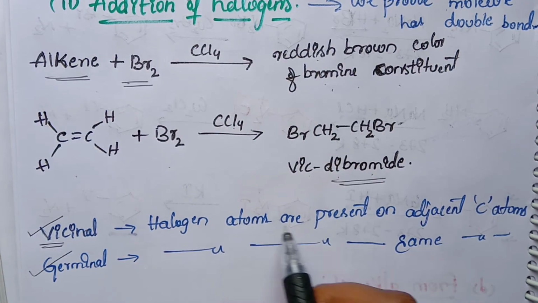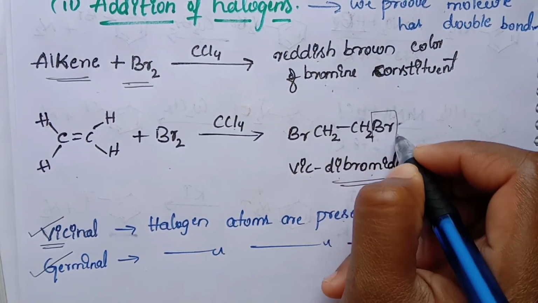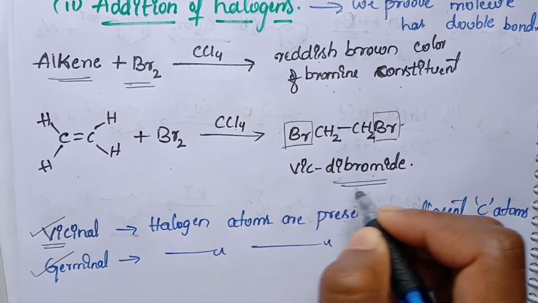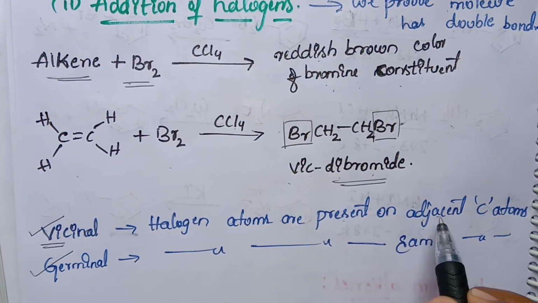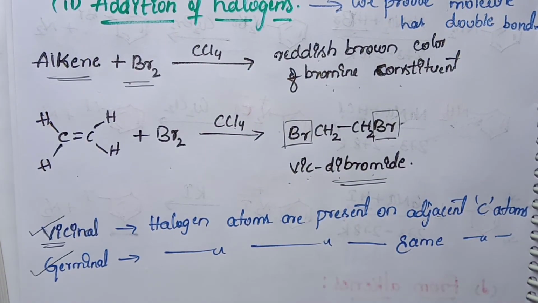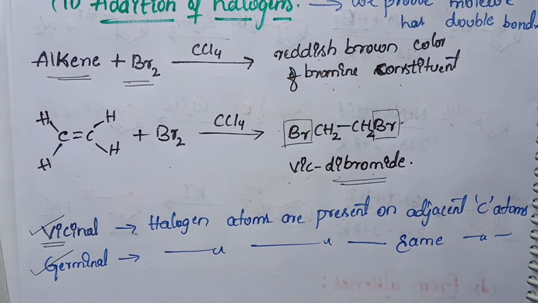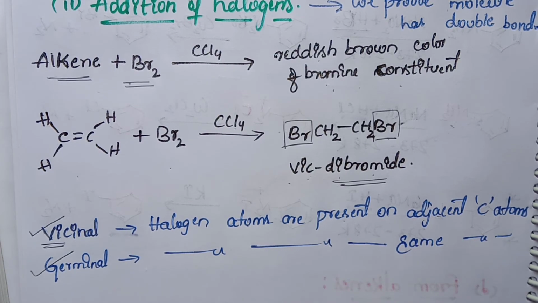Halogen atoms are present on adjacent carbon atoms. What does adjacent mean? This is called adjacent. When the halogen atoms are present on adjacent carbon atoms, that is called a vicinal dibromide. If the halogen atoms are present on the same carbon atom, that is called geminal compounds. Okay, and I will show you an example for this geminal